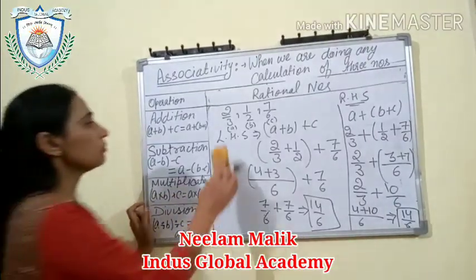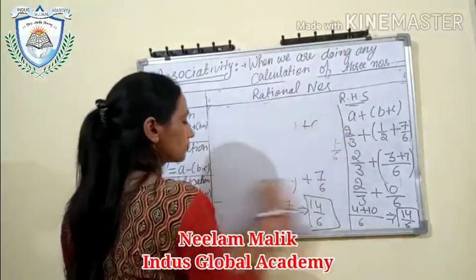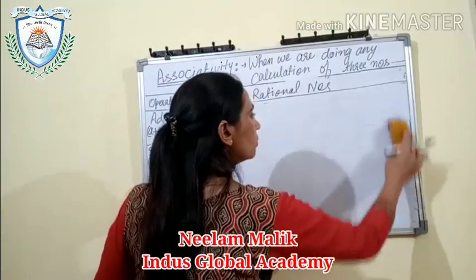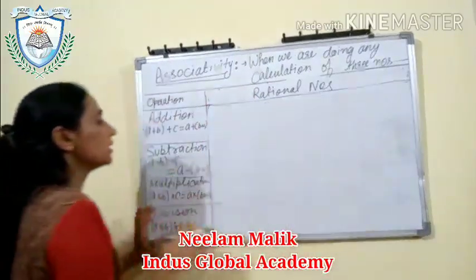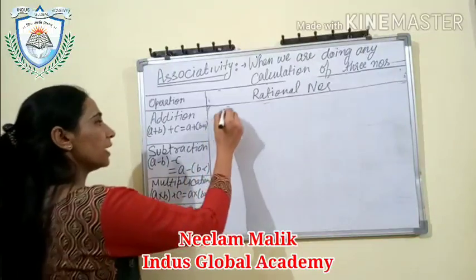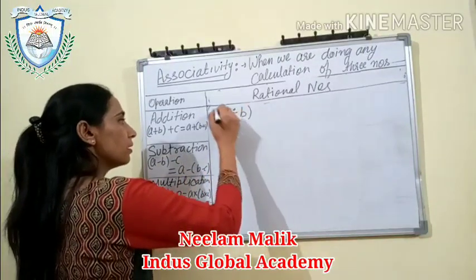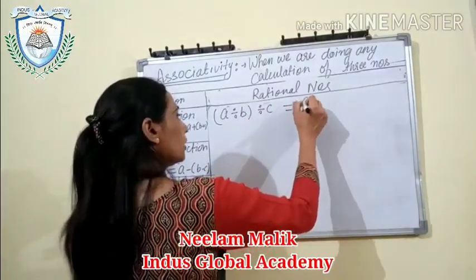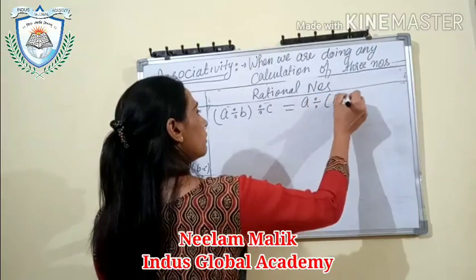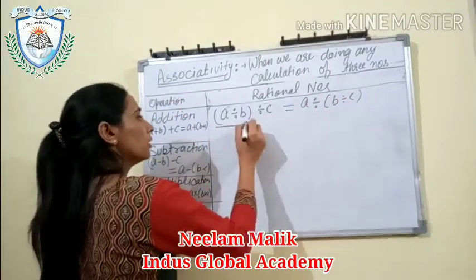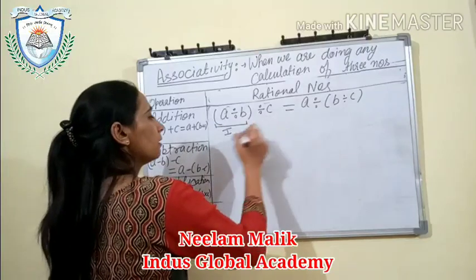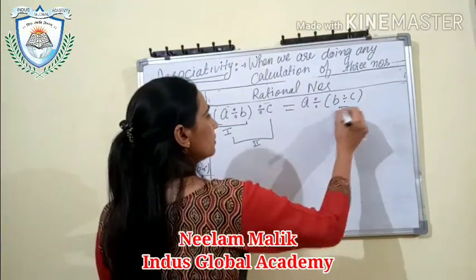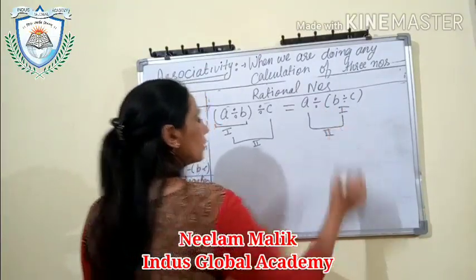In the division, I'm doing division for you here, because in the division we will do multiplication also. Okay, you can learn how to do the multiplication, you already know that. So let us take one example. What is that property? A divided by B divided by C. Yes, and it should be equal to A divided by B divided by C. Means in this you will do this step first and then this and this, that will be second. But in that you will do first this and then these two. Yes, it will be the order.